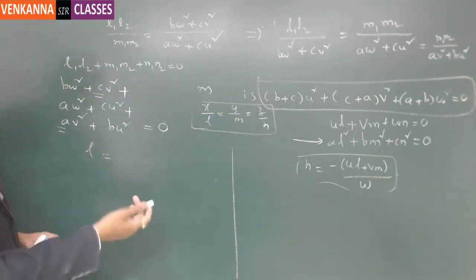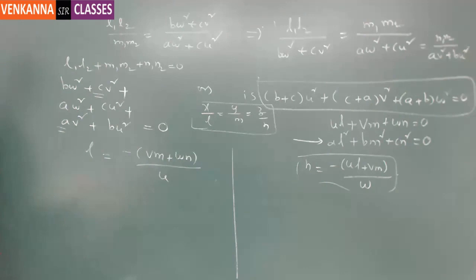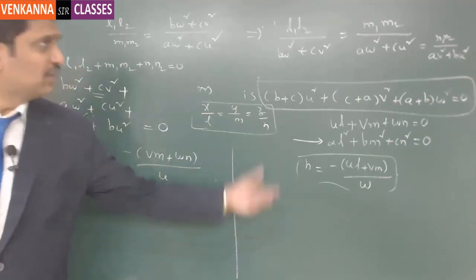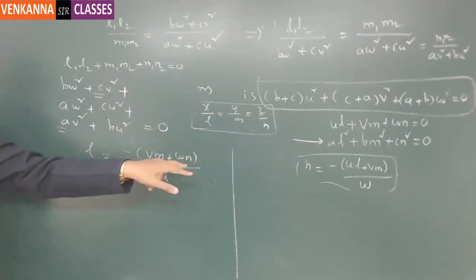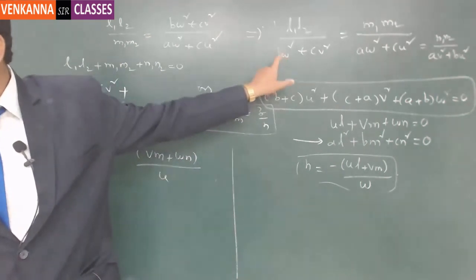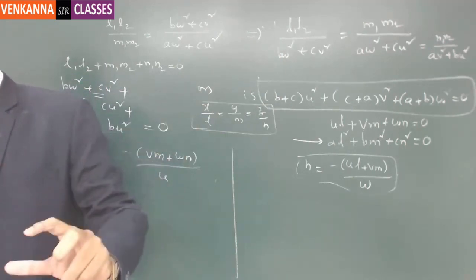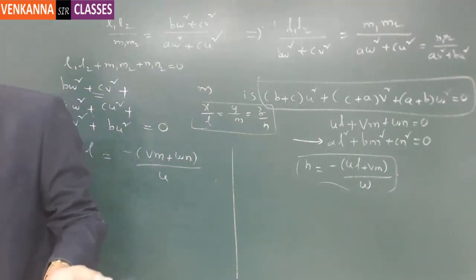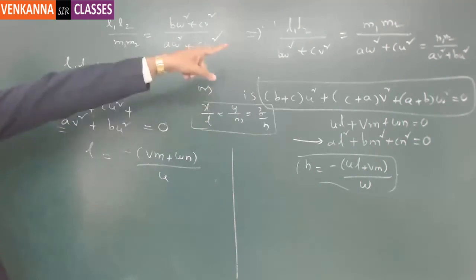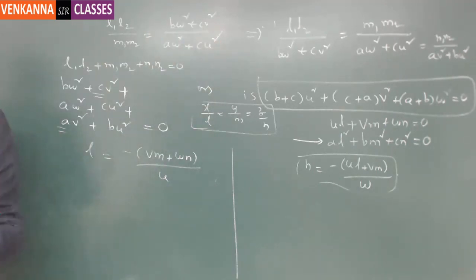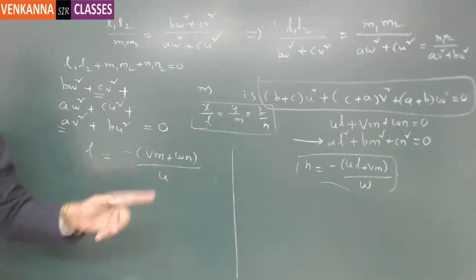So from that, L is nothing but minus of Vm plus Wn by U. So here you will get a quadratic equation like this. Here also you will get a quadratic equation like this. If you sync these two things, you will get the exact symmetry here. That you can perform, but it is a little bit lengthy. You have to write a half-page answer. So to avoid that, straight away on checking with the answer, because the solution is already given there, we have written that. If not, we have to do the second thing also for our justification, whether we are doing the right thing or not while taking the symmetry.